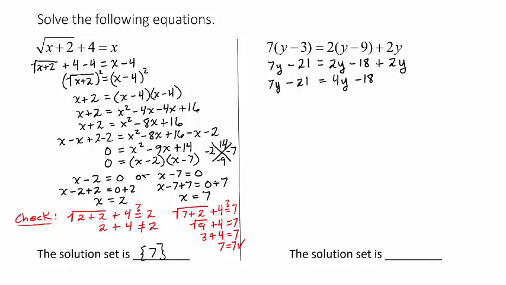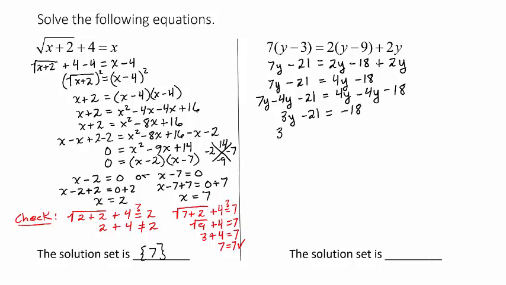Now, you can do 2 steps at once if you want, if you're really that good. I'm going to do 1 step at a time here. I'm going to get y over on the left-hand side and all the other stuff over on the right. So the first thing I want to do is subtract 4y from both sides. Okay, so I'm going to have 7y minus 4y minus 21 equal to 4y minus 4y minus 18. Okay, so on the left, I'm going to have 7y minus 4y, which is 3y, minus 21, equal to negative